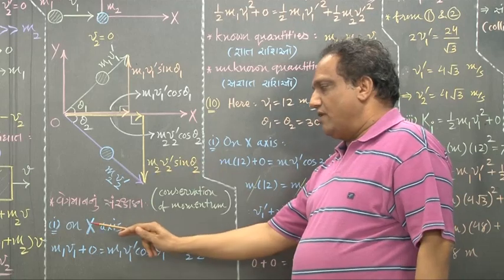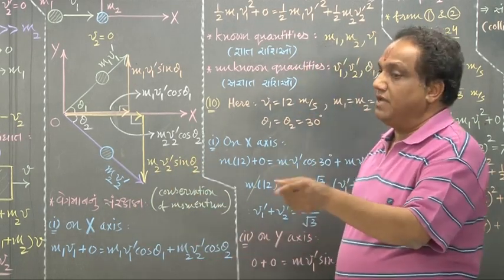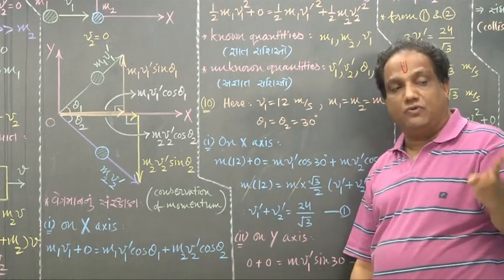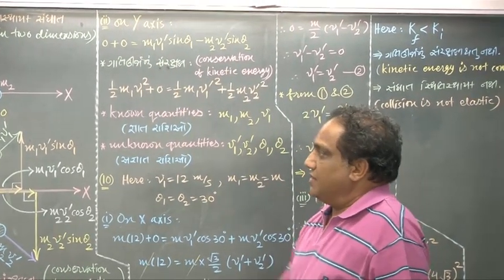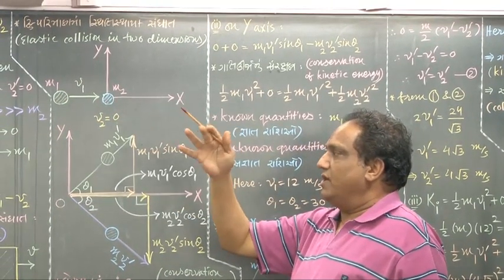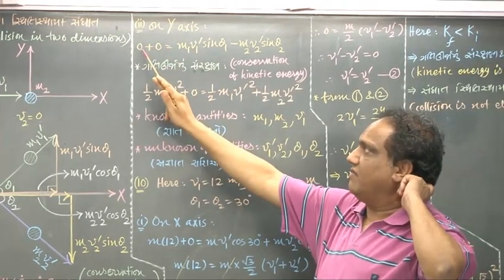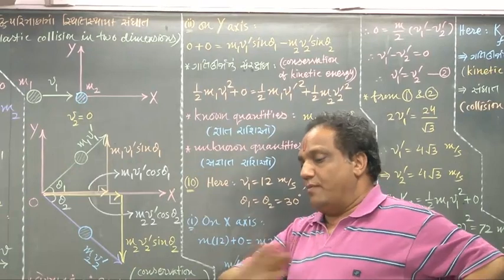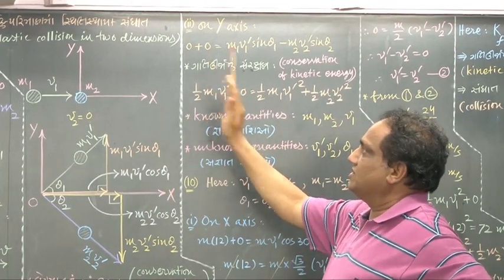Now the way you have compared the initial and final momenta on the x-axis, you just compare initial and final momentum along the y-axis. Let us see conservation along the y-axis. The first body had total momentum along the x-axis. It had no momentum along the y-axis. So momentum of the first body in the y-axis is 0. And the second body was at rest, it had no momentum in any direction, so momentum of the second body is 0.